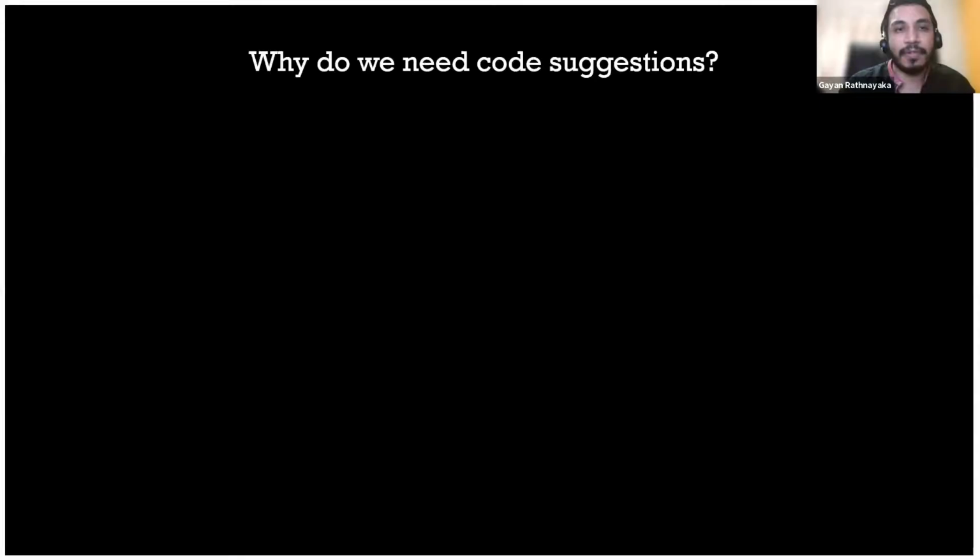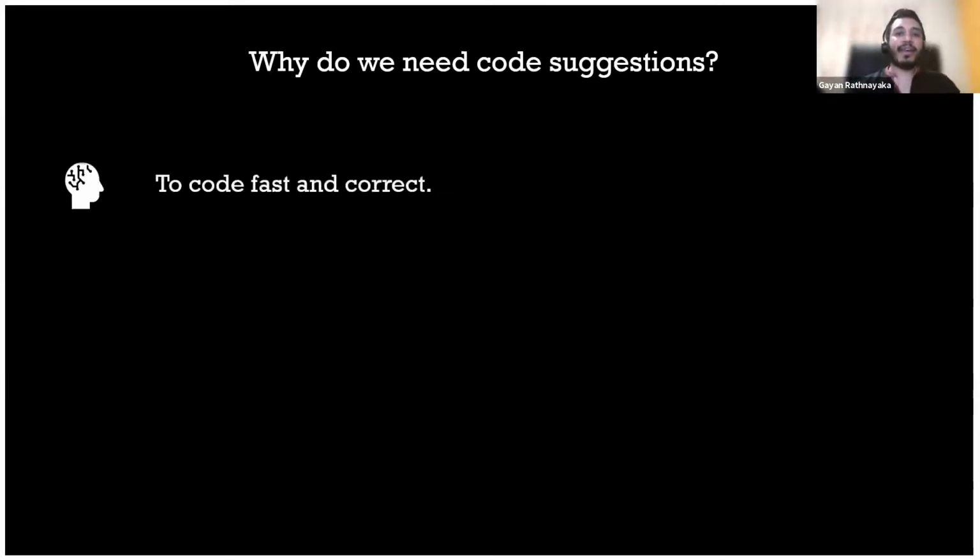It's very helpful. Okay, and why do we need code suggestions? Right, so assume there are people here who have coded in Notepad++ or maybe Sublime Text. If you have coded in an environment like that, you might know how difficult it is, right?